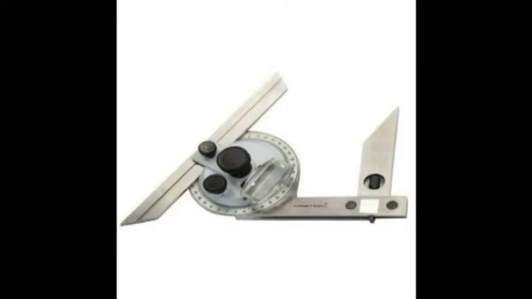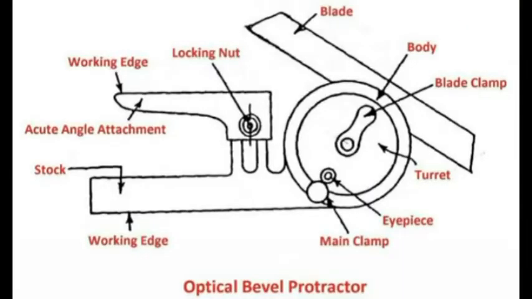Okay, and now coming to the optical bevel protractor. It is a recent development of the vernier bevel protractor. By using this instrument, it is possible to take readings up to approximately 2 minutes of arc. The internal circular scale is graduated in divisions of 10 minutes of arc. The readings are taken against the fixed index line or vernier by means of an optical magnifying system, which is